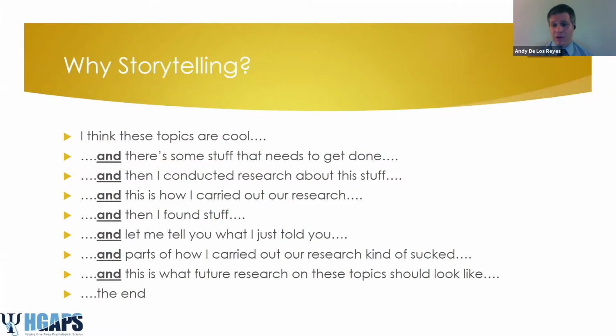I think a lot of the papers that many of us work on, reaction papers for class, term papers for class, if we're in research, a thesis or a dissertation, they look like this. It's just a series of facts, fact, fact, fact, fact, fact. That's most work that we see, most work that we read, most talks that we sit through. And all of us have sat through a talk, maybe even given a talk, where you just feel like people are giving you facts over and over again, and it gets old after a little while.